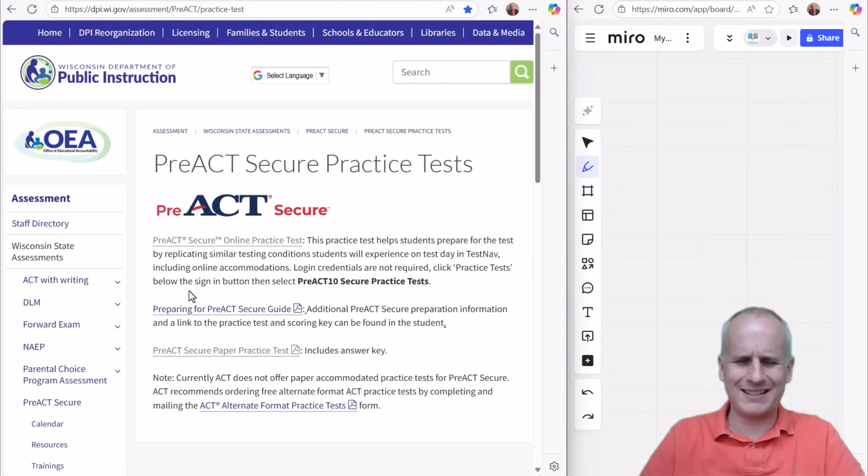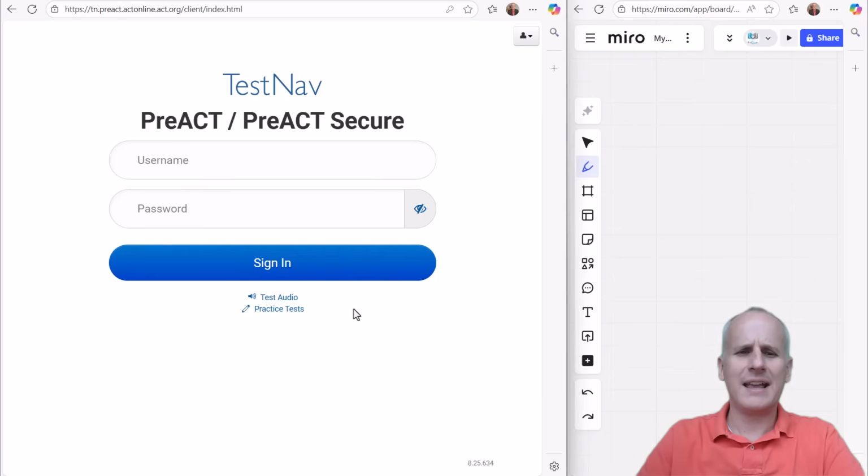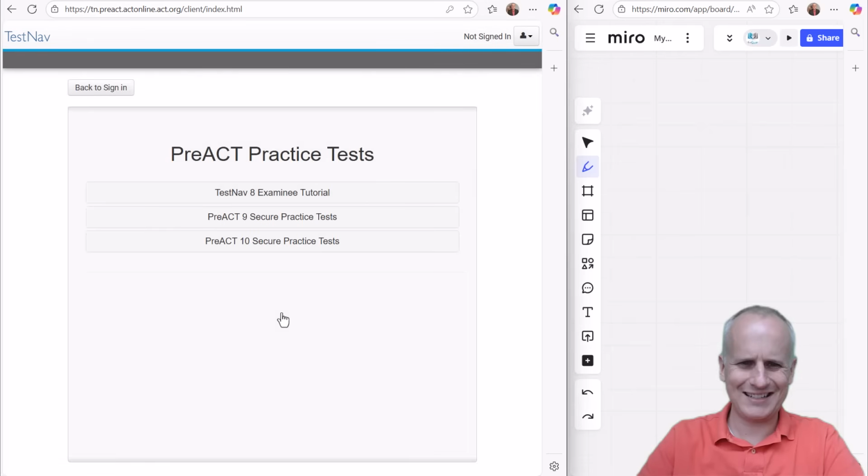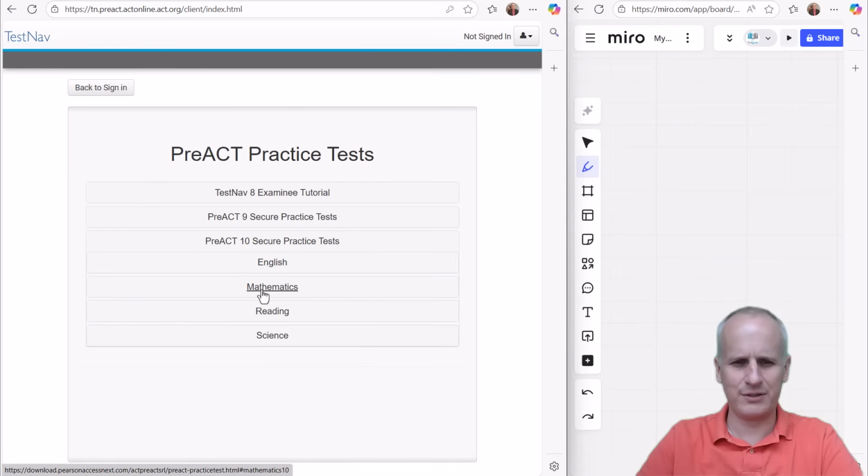That's the best place at the time of this recording to locate these pre-ACT secure practice exams that are using the exact interface of the official test. So once you get to this page, you're going to click on the online practice test. It looks like you need to log in. You do not. You're going to click on practice tests, and then you're going to see the pre-ACT 9. And for this video, we're going to go to the pre-ACT 10,